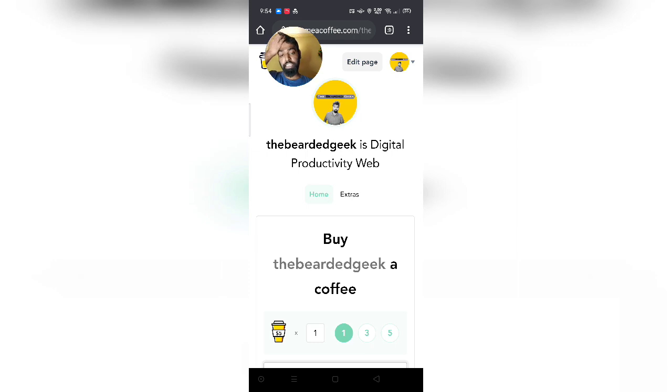So here we are on the mobile screen. This is my BMC page. Before going ahead and learning how you can create a page, I just want to show you what are the features that BMC offers. So the first thing to start with, it's going to give you a custom URL. Mine is The Bearded Geek. It will appear as